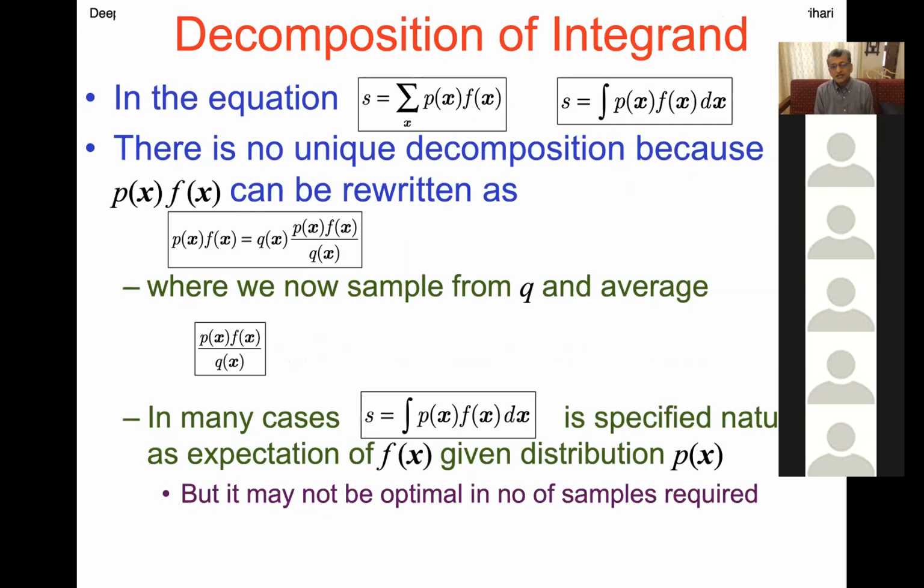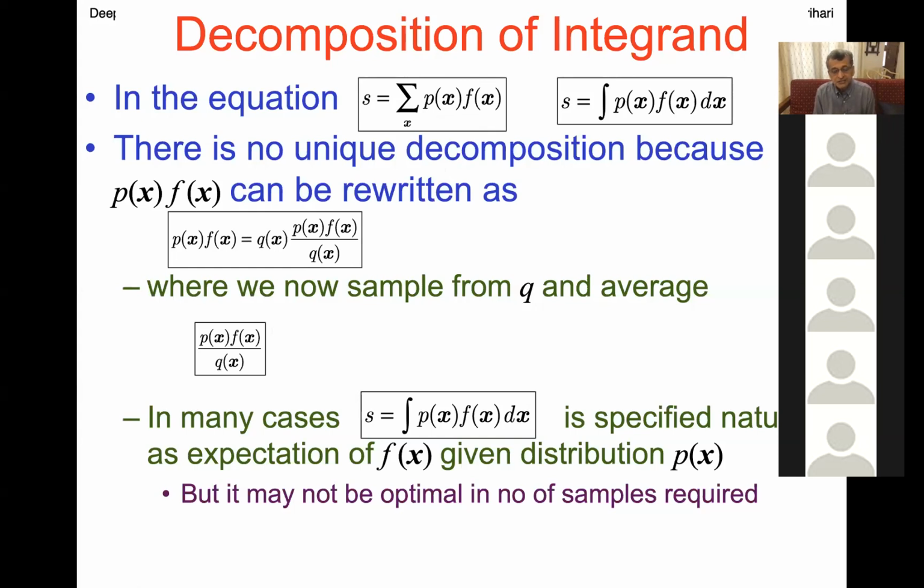And there is no unique decomposition, because P of x times f of x can also be written as P of x times f of x with Q of x in the numerator and in the denominator. And we are saying, well, we can then sample from Q and average this quantity. Isn't that interesting? Instead of sampling from P and averaging over f of x, we're saying we can sample from some other Q,